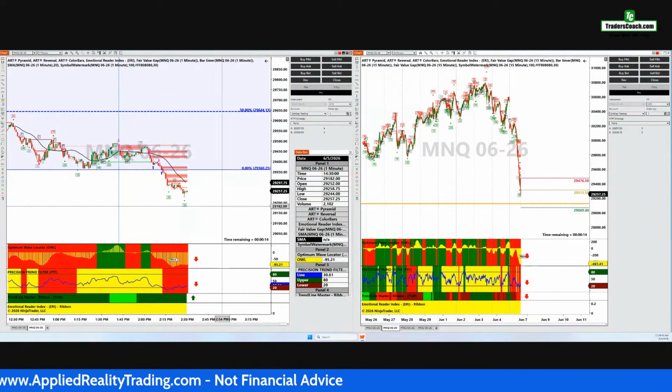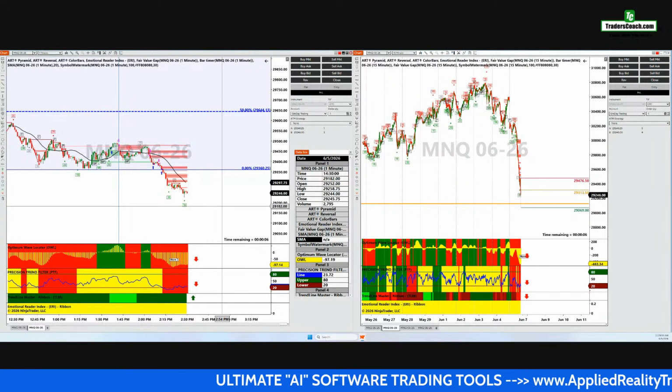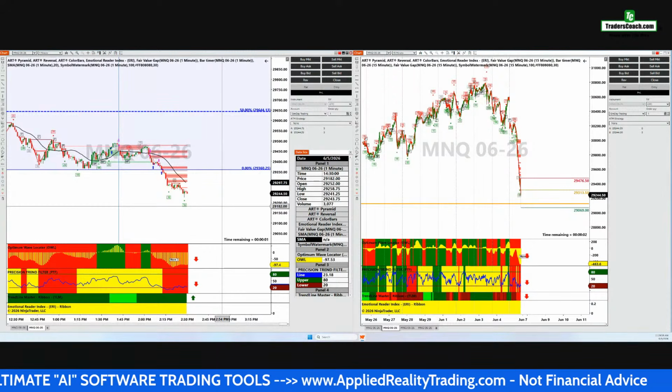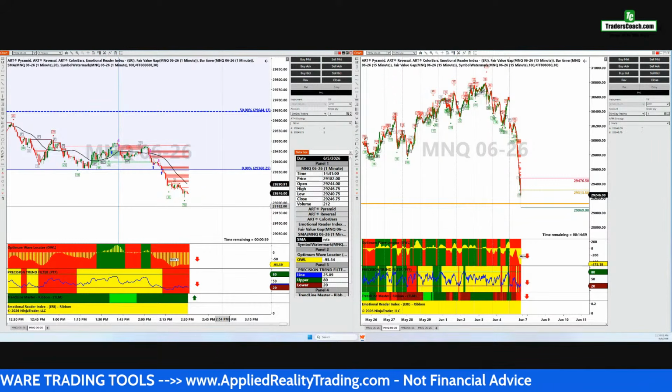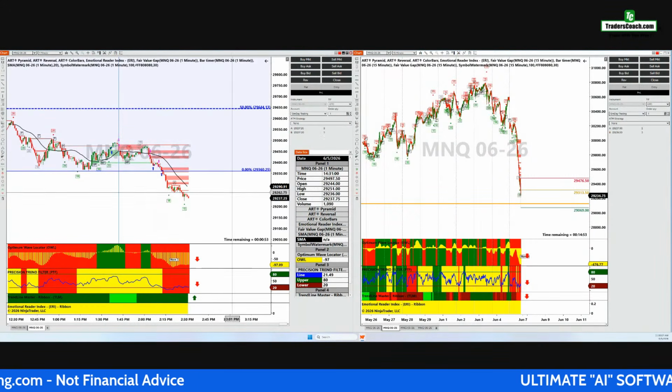Otherwise, if you're going to over leverage and all that kind of stuff, you'll blow the account. You'll be more worried about the money and your anxiety than you will about learning how to trade. All right, so